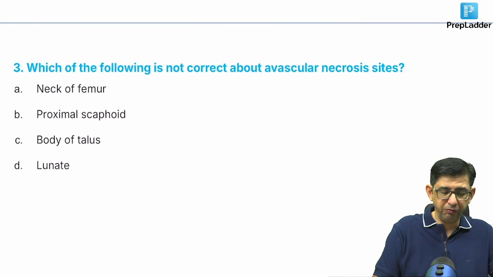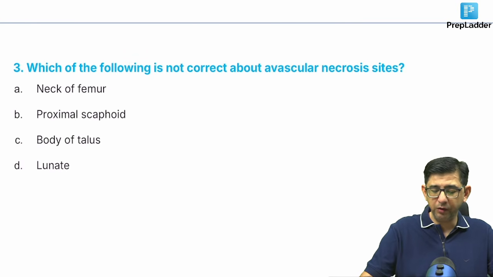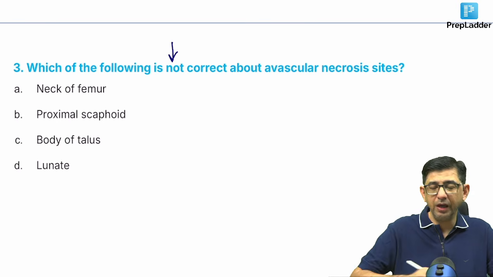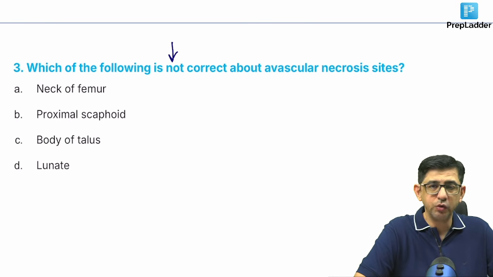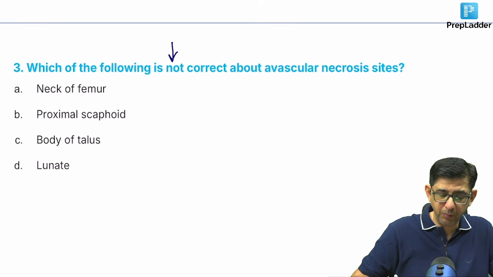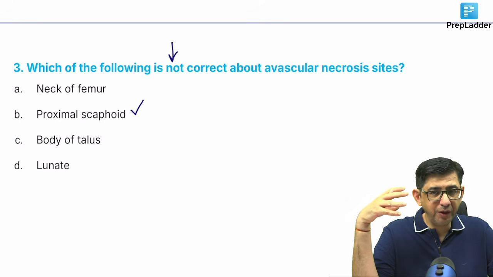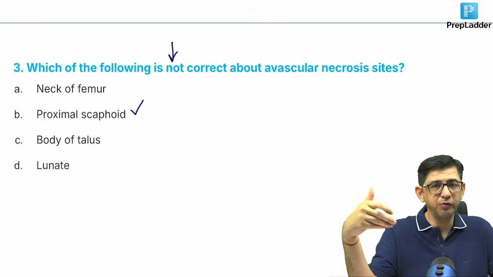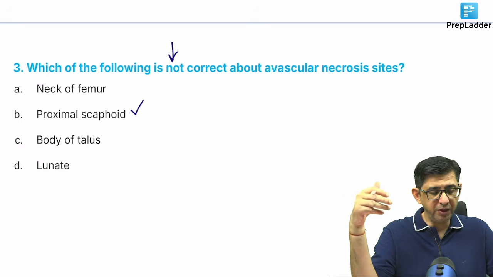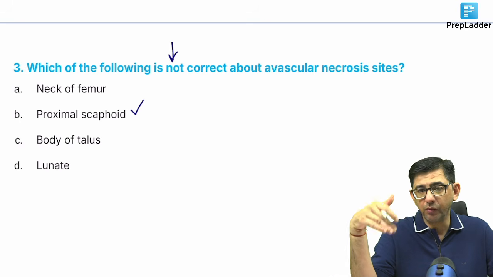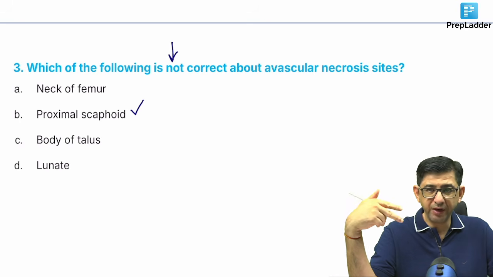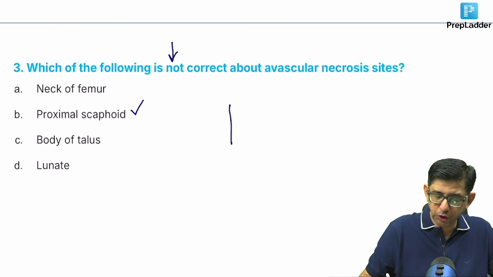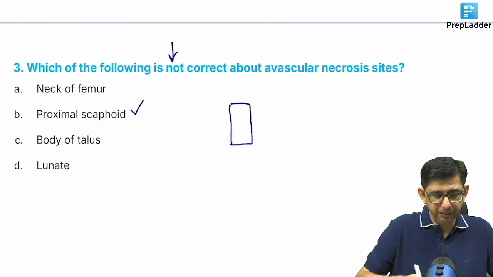He says which of the following is not correct? The word is not correct, about avascular necrosis sites. So in many bones the chances of avascular necrosis are very high, like the proximal scaphoid. The blood supply of the scaphoid basically comes from distal to proximal. When the blood supply comes from the distal to proximal, what happens is that if the bone is fractured, like if I just crudely show the scaphoid bone like this, then